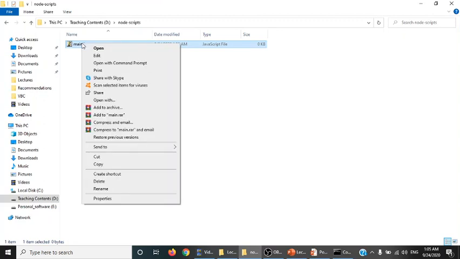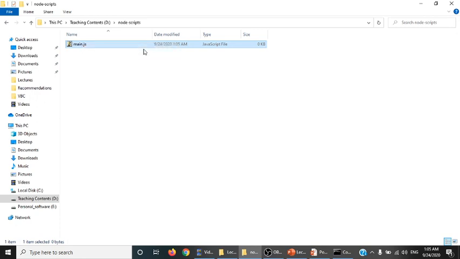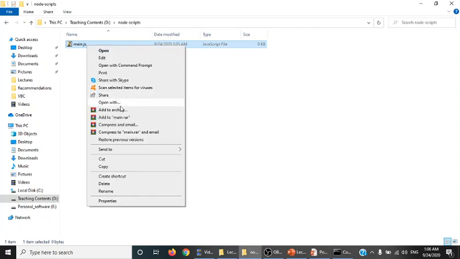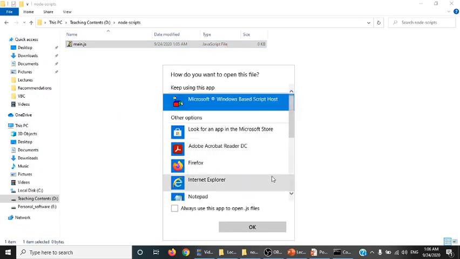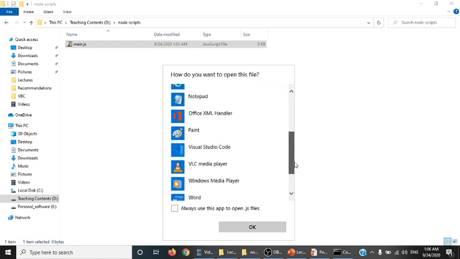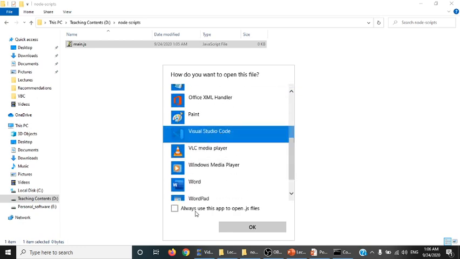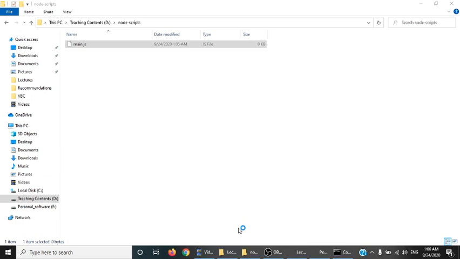After doing that, for example, I will open it in any editor. At the moment, I have not installed VS Code, but I will check whether I have it installed. Let me see. Open with VS Code.